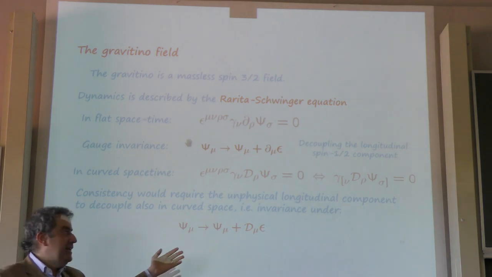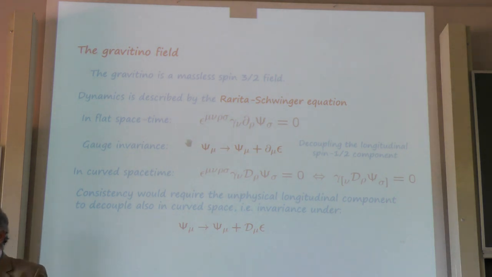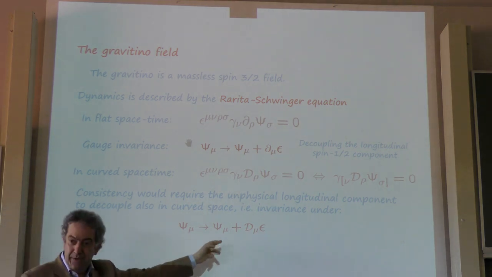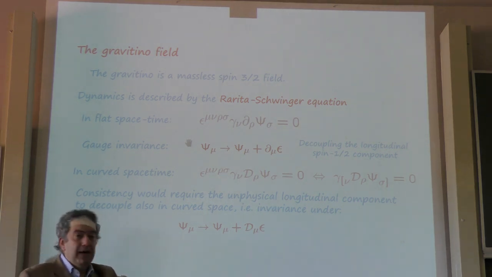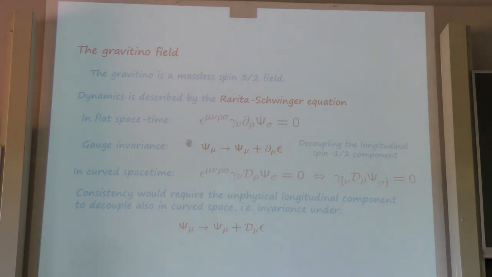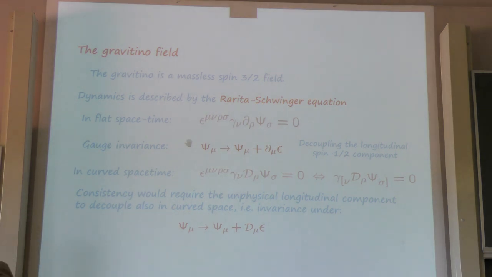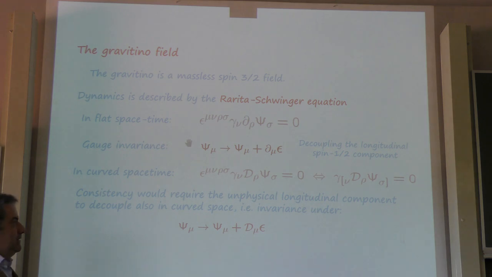So we have to associate with it a local invariance, gauge invariance in quotes, of this form here, parameterized by a local spin 1/2 parameter, just as we had on flat space-time. Okay, this is needed for the consistent description of the gravitino as a massless field. However, as you can see, in curved space-time the Rarita-Schwinger equation is no longer invariant, because the commutation